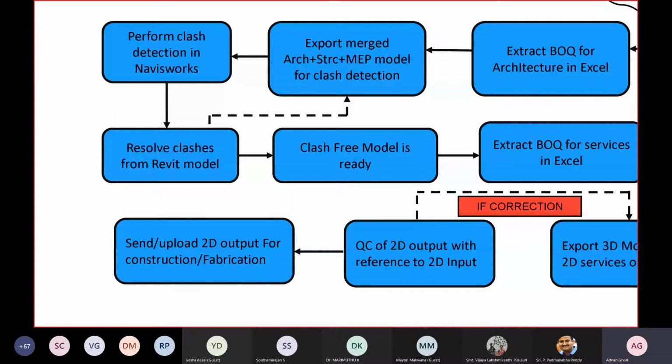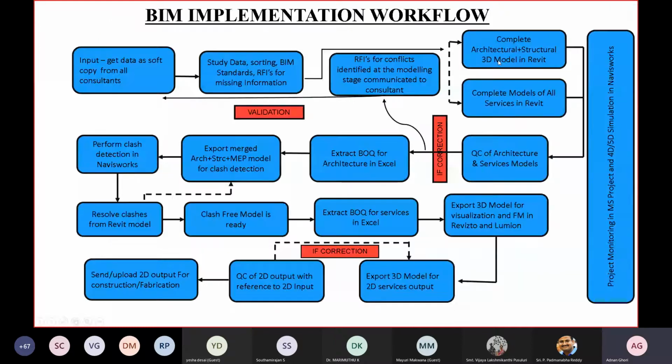So in this entire workflow, you carry out different activities like modeling, extracting the services, doing the audit, calculating the quantities, making a bill of quantities, making a clash-free model, exporting a 3D model, doing the visualization. And ultimately, through the entire phases of the project, you also do the project monitoring and controlling. So as you progress from project to project, as the information keeps increasing, we do the 4D and 5D simulation for the project team members, the project management team, to get better insight into how the project is going on.